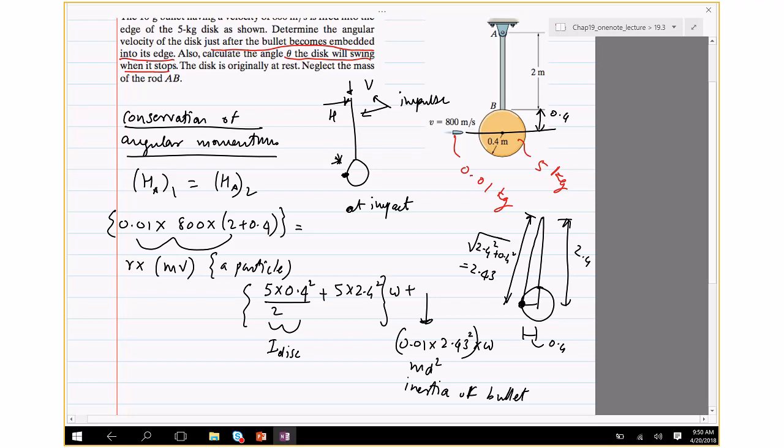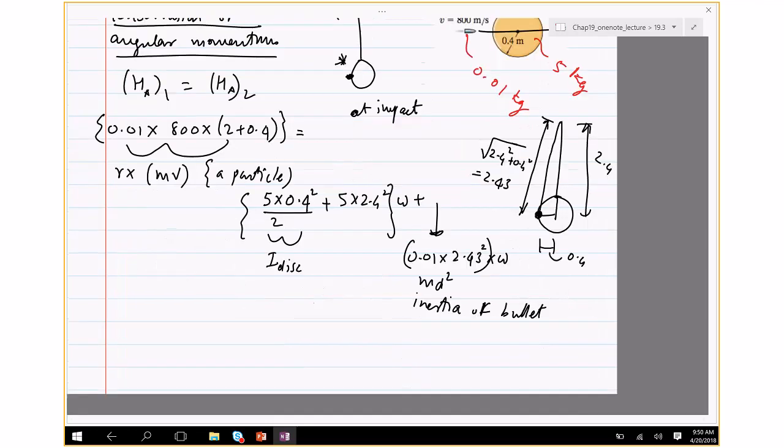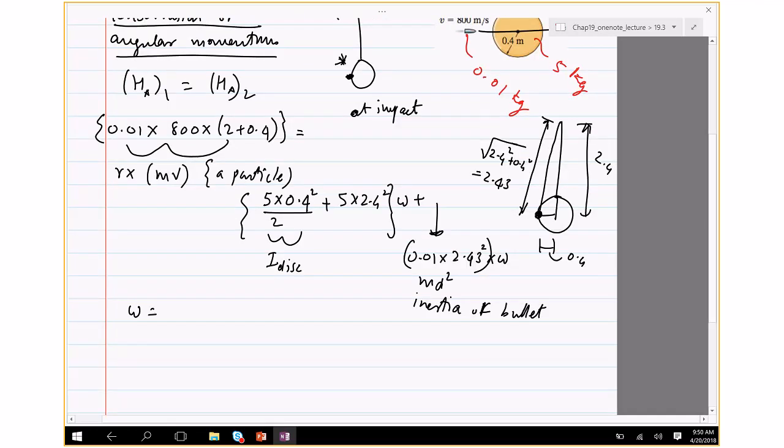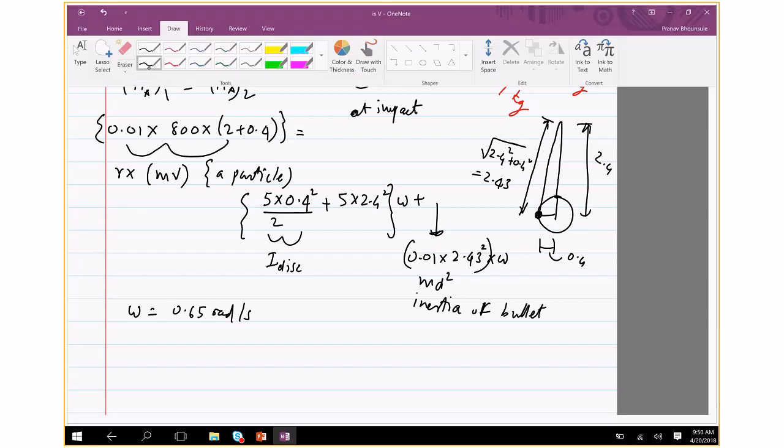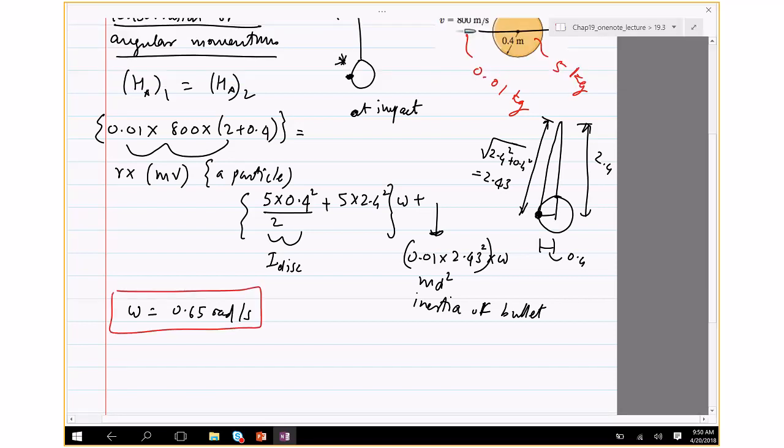It's a particle here, so the inertia of the particle about that is going to be md squared times omega. Anyway, I'll just write the answer for omega and then solve the rest and post it. So if you solve for omega, it comes out to be 0.65 radians per second. Okay, so I'll see you on